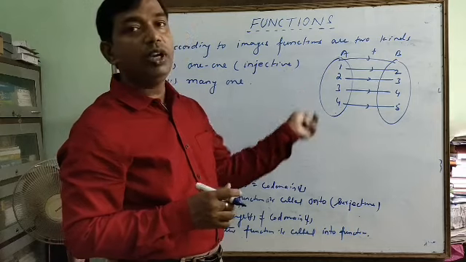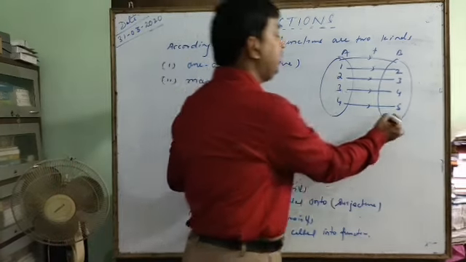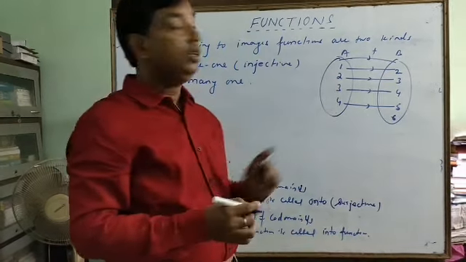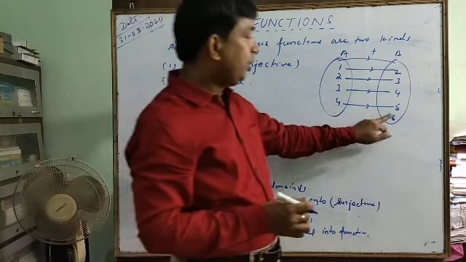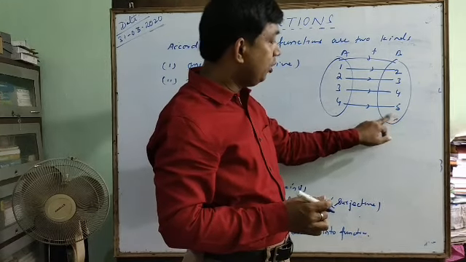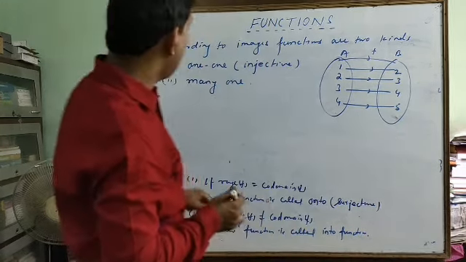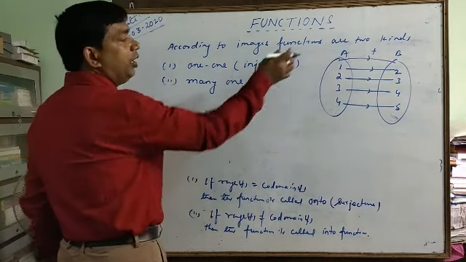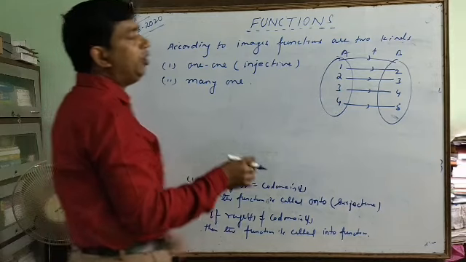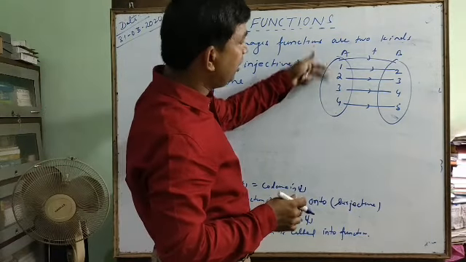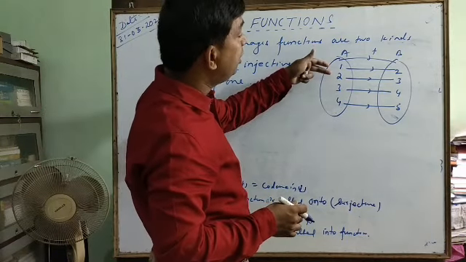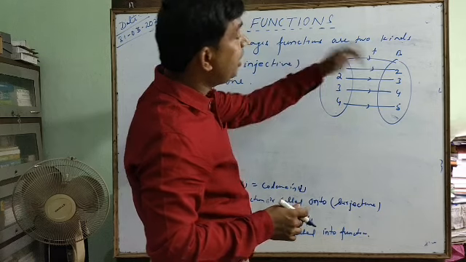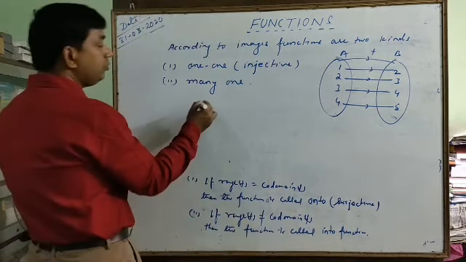So this is one-one onto function, and if I take 6, this is a one-one into function. So you have to take care what is one-one onto, what is one-one into. Now many-one. So many-one, every element of, suppose two or more than two elements having the same output, like